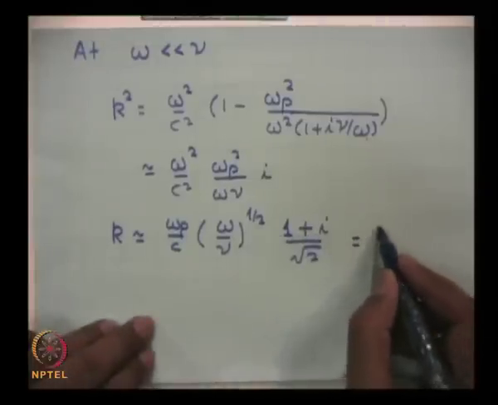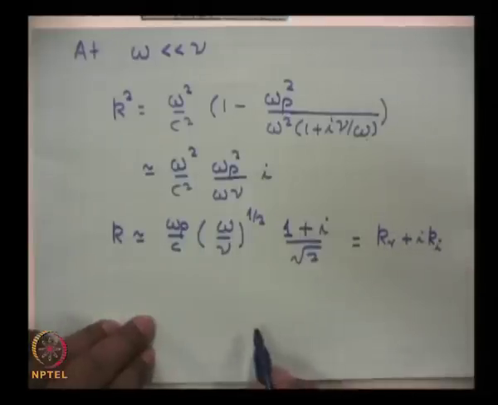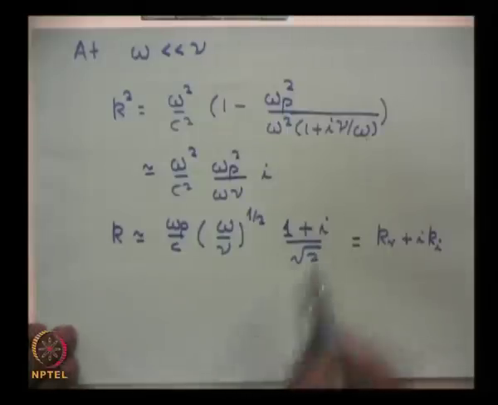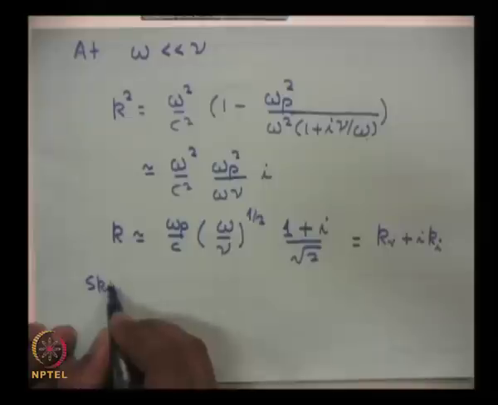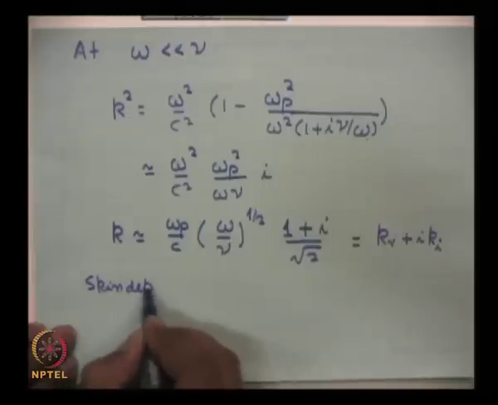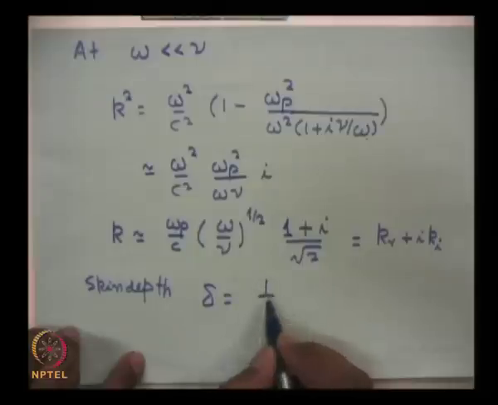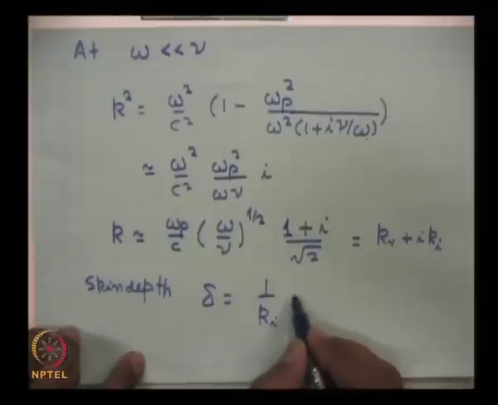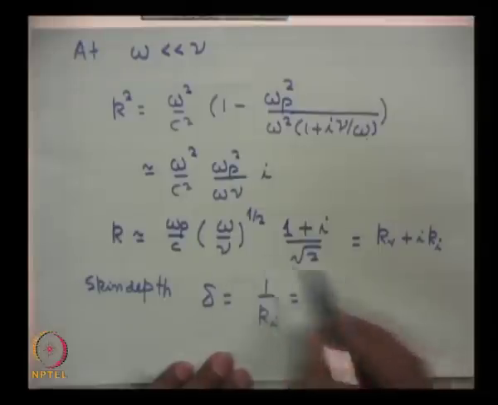I can write this is equal to K real plus I times K imaginary of the same value, and skin depth in this case is defined as 1 upon Ki, imaginary part of K,